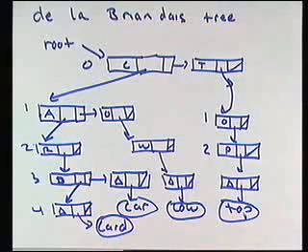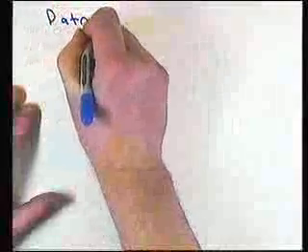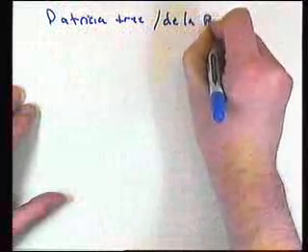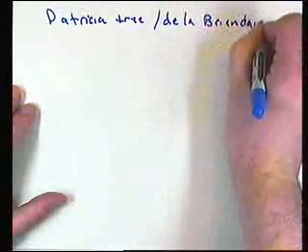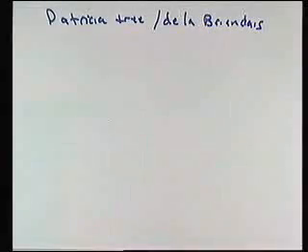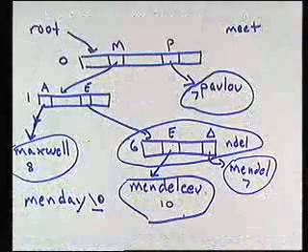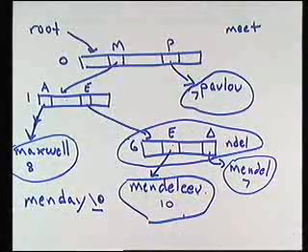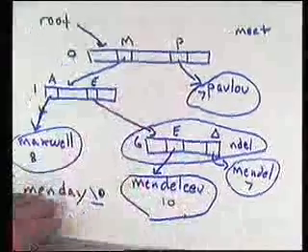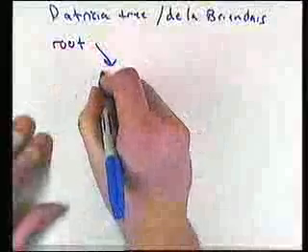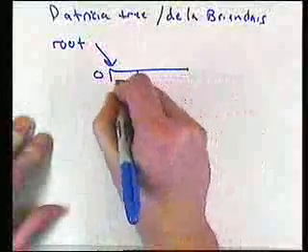And of course, you could make a hybrid structure out of these. I could just as well have used the optimizations of the Patricia tree and the De La Briandais tree. This was my original Patricia tree, the picture I had put up. And I could have said, well, what if those 3 arrays were linked lists instead? We could have had a structure that looked like this, where I have root, and I have here 0,